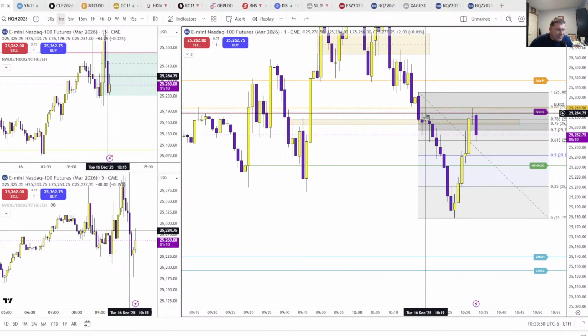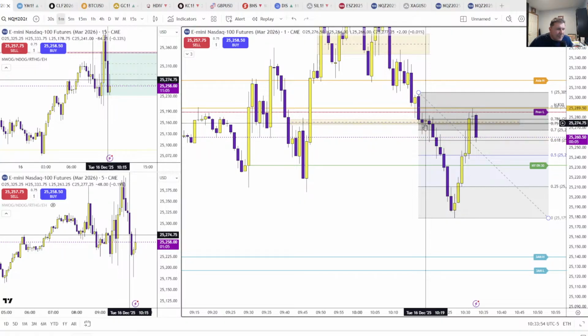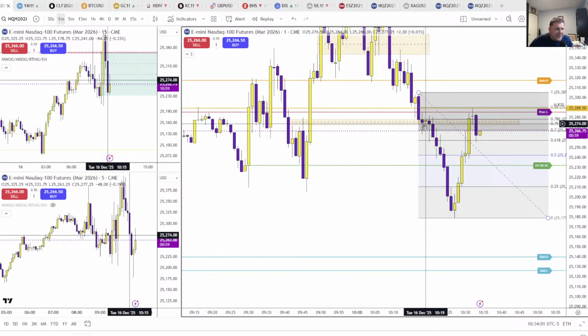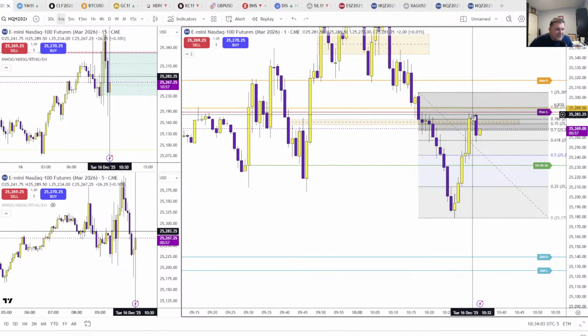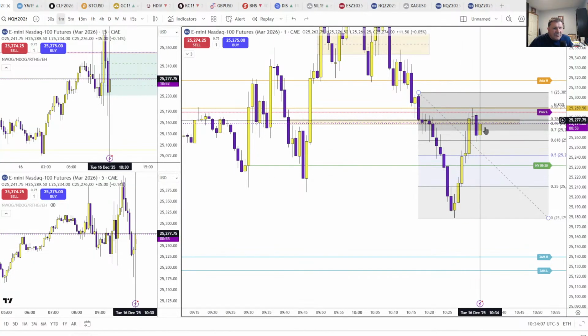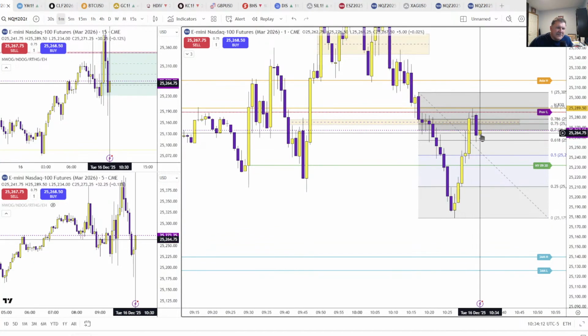So did that hold? It ran above that bull trap, but didn't break it, right? Look at that body right there. Did not close above it. But we went above this level, and then now we've traded back through it. So above it, below it, I want to see it pop through it and take out this high now, and use that candle. And then I look at this as the next price leg